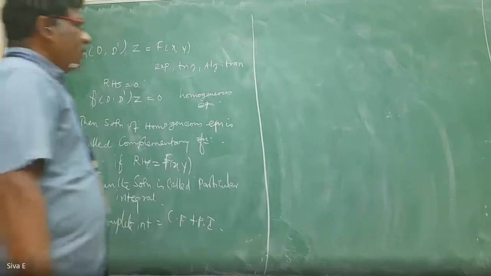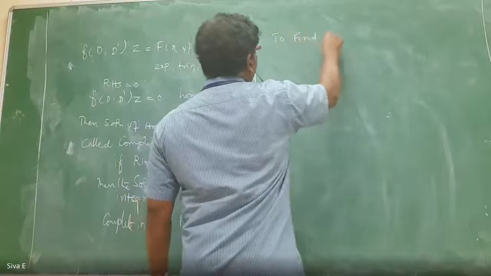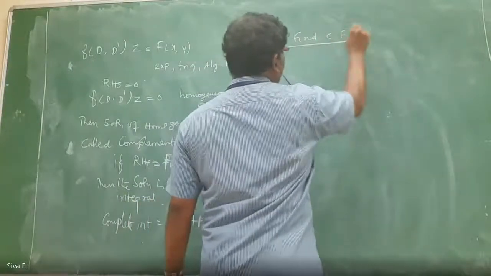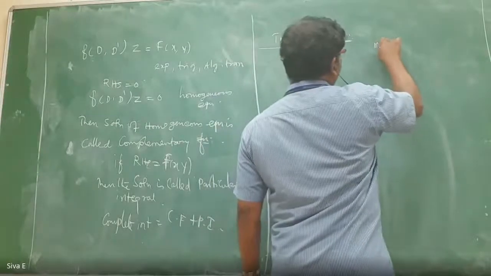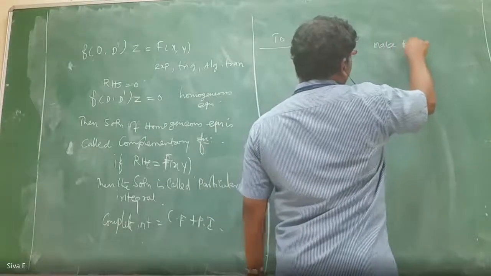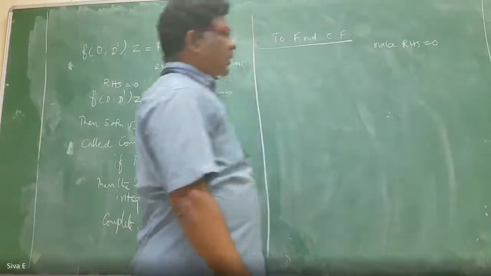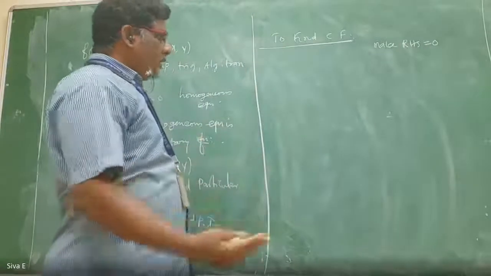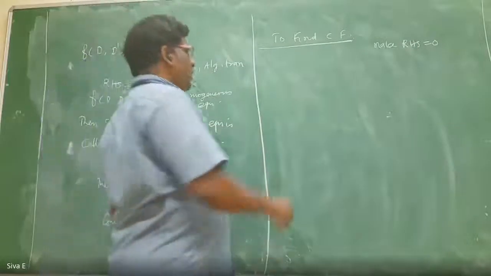For example, write the heading: to find the complementary function. To find the complementary function, first make sure that the right hand side is equal to 0. In case the right hand side is not equal to 0, you take the right hand side equal to 0, then the given equation is